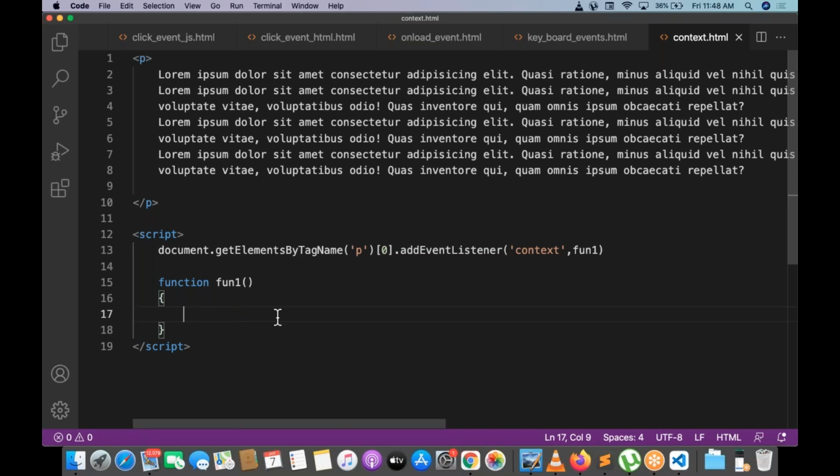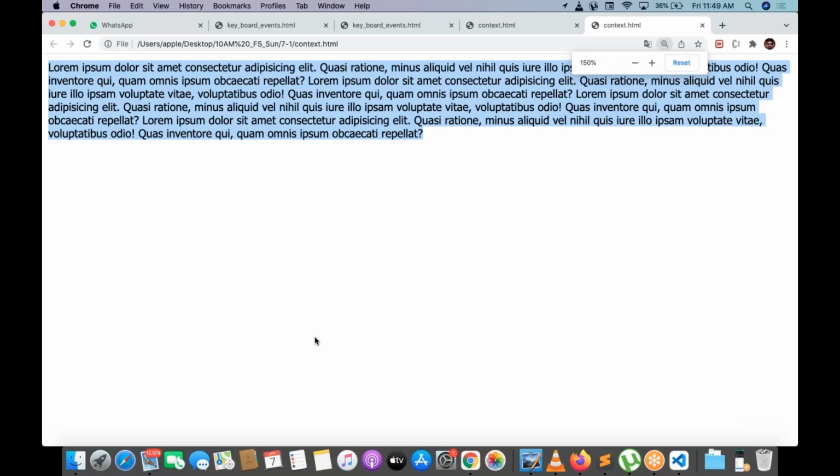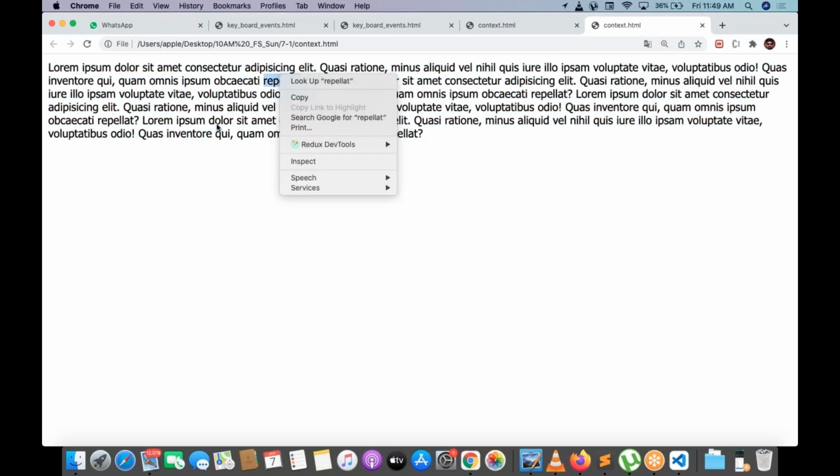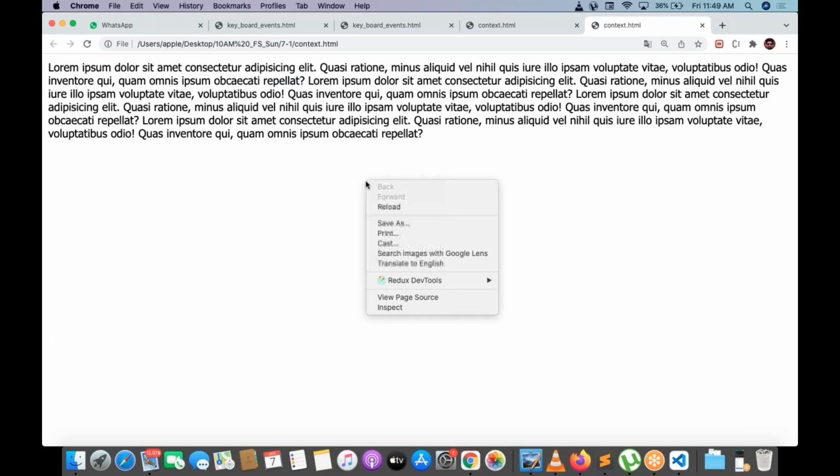I want to do one thing without alert: event.preventDefault. Okay, so check it out. What is happening with this? Can you see, observe?